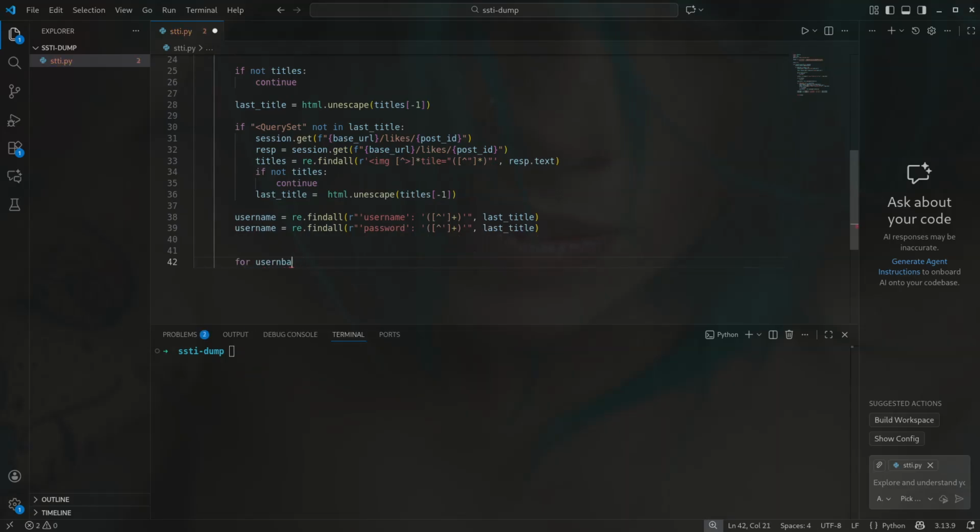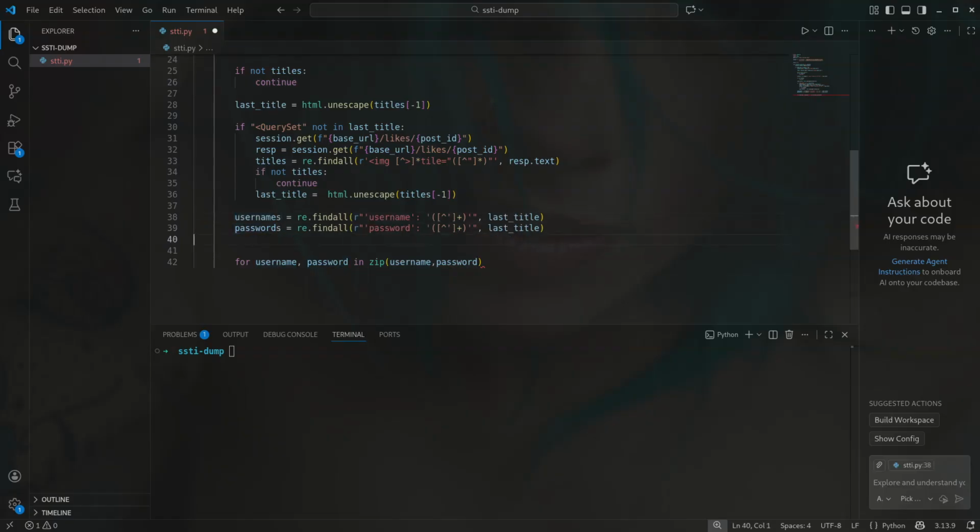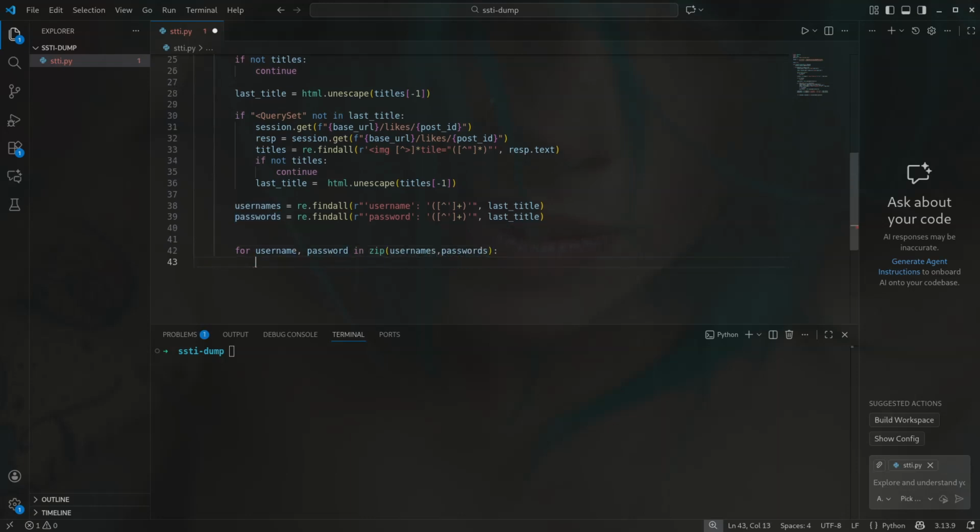Oh, it's not username, it's password. Here we go. For username and password in zip of username and password, I want to call the usernames, and this one is passwords, because I don't want to do something wrong. It should be a username of course, and this one is a password. In the usernames and passwords it should be username is equal to